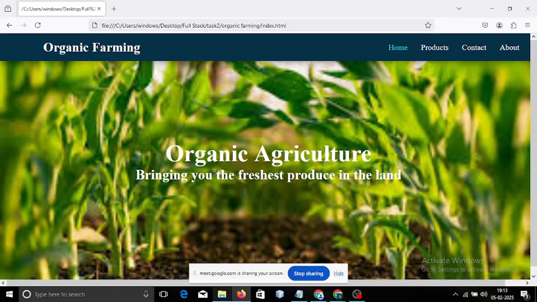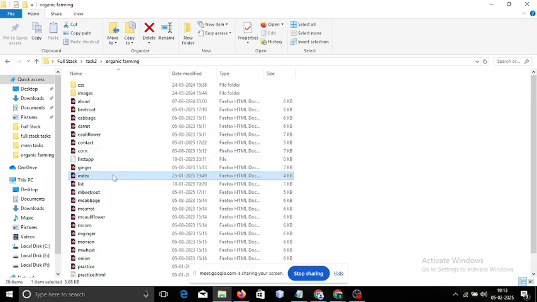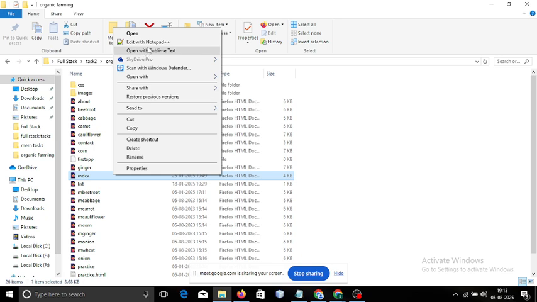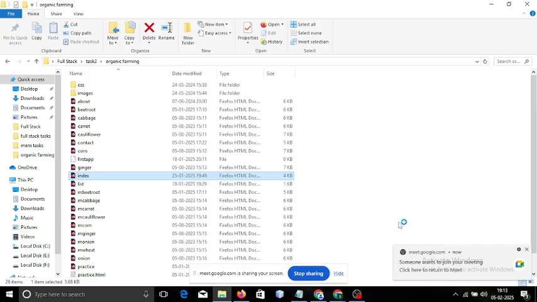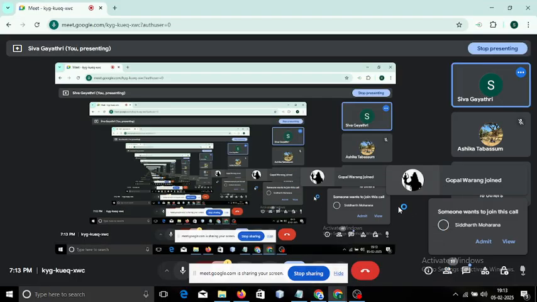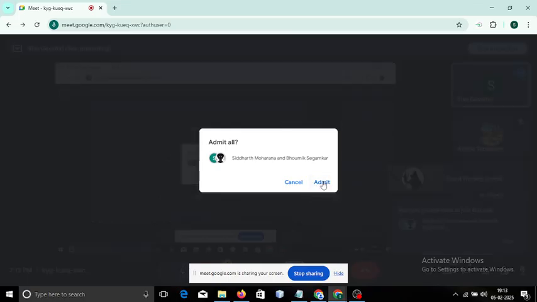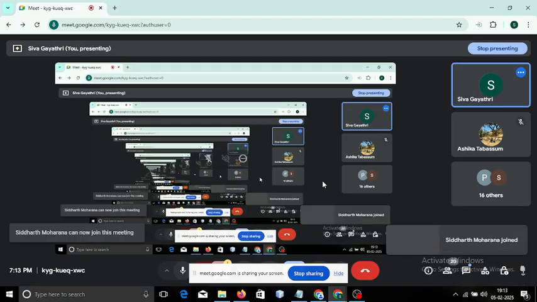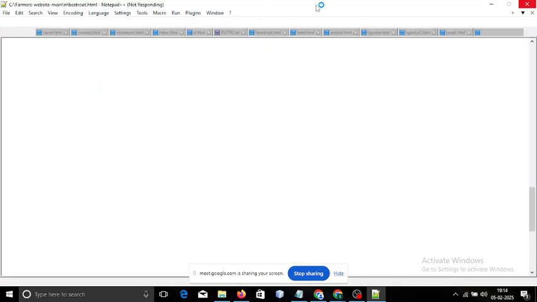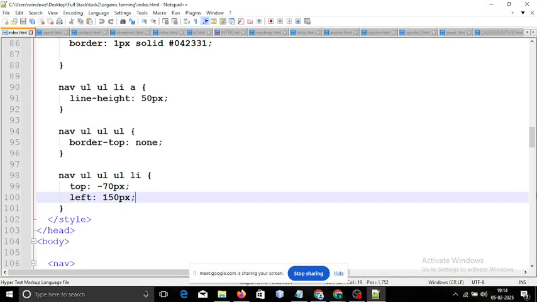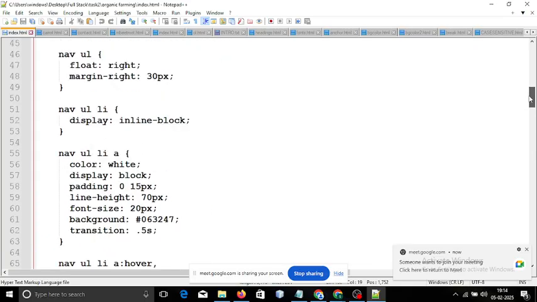So first, when we discuss with the code, first we'll see the HTML, and after that we'll discuss about this CSS. So here you can see I have used